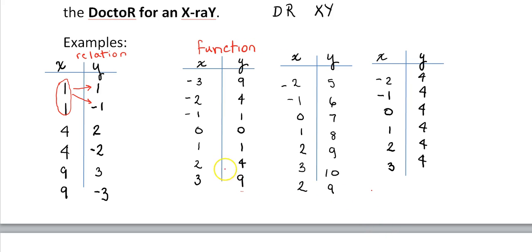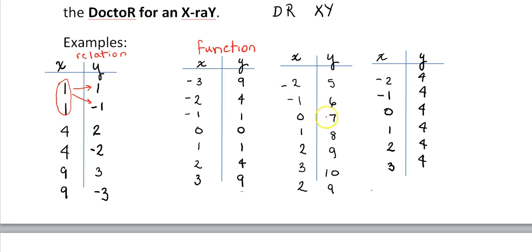Right? That's the second one here is a function because there are no duplicates here and there's no answers that attach to more than one of our answers or one of our inputs. Here I have one again. I'm going to have